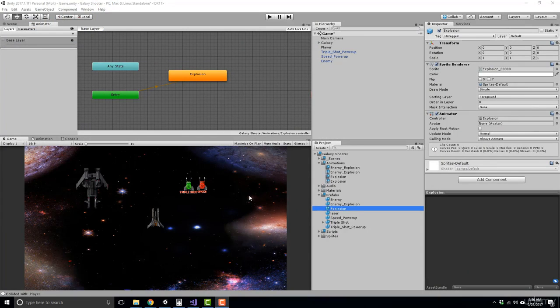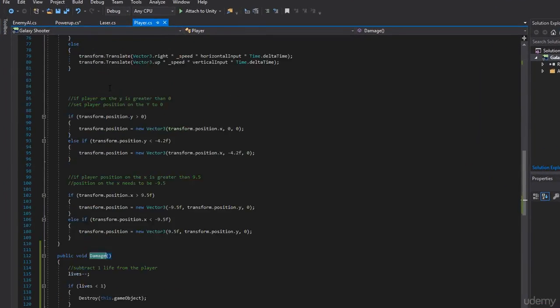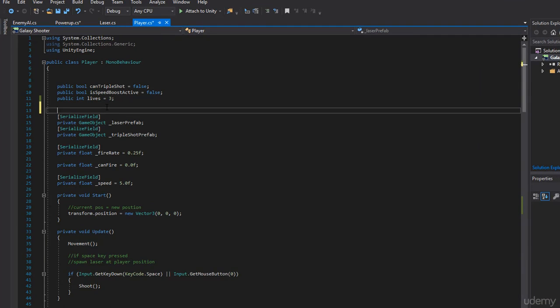Let's go ahead and make our player explode. So just like we did with our enemy, we're going to click on our scripts folder here, open up our player, and add our explosion effect. So here we'll go ahead and say